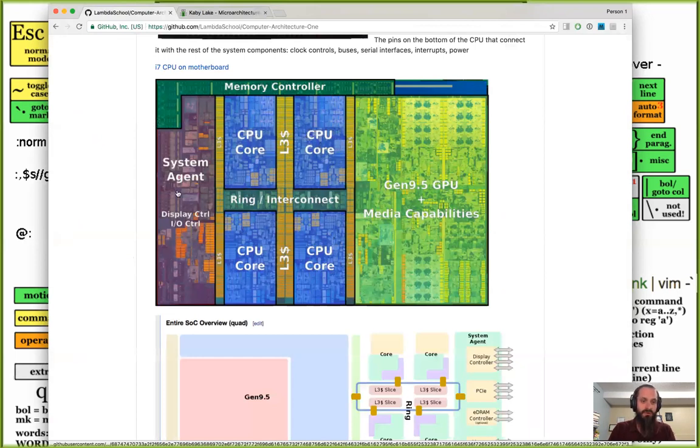All right, now these cores are wired to the system agent, the I/O controller. And it's calling part of this the display controller. Maybe one of these big blocks of memory is the frame buffer that's going out to my screen. Okay, so the CPUs, when they want to send a message out to my USB controller, or probably not to my headphones, to a hard drive that's plugged in over USB, or anything except for the RAM, the hard disk, or the graphics card, it is wired to this big CPU that can address any device that gets added to the system, that can asynchronously, that is, the CPU can be doing work while the system agent is talking to